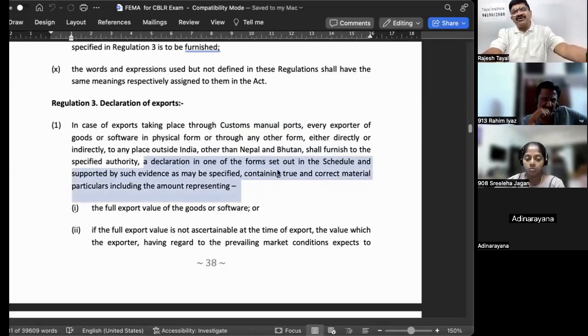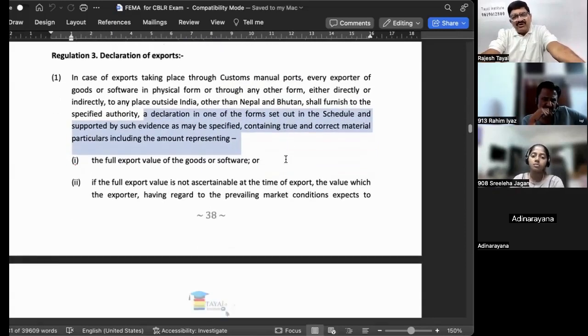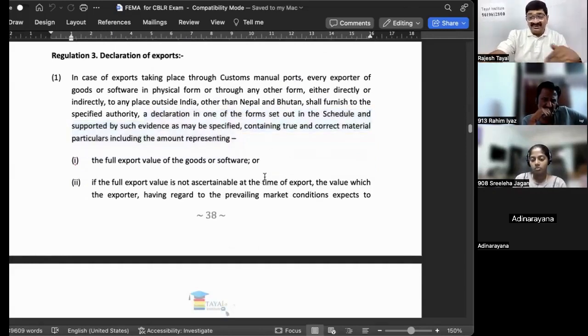But what is the declaration required? The declaration is not only this. I'm going to talk about what are the declarations required to be made. First of all, what is given in the regulation? Because this is a FEMA regulation, it is restricted to the money part only. Another declaration is required that whatever is being exported is not something prohibited.